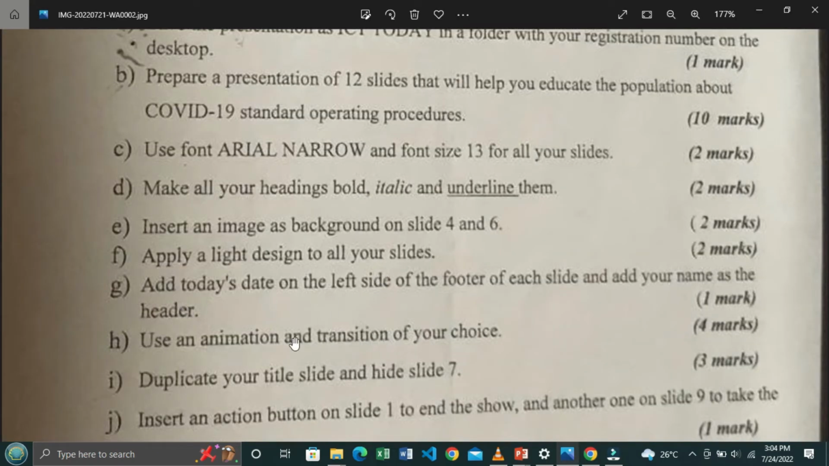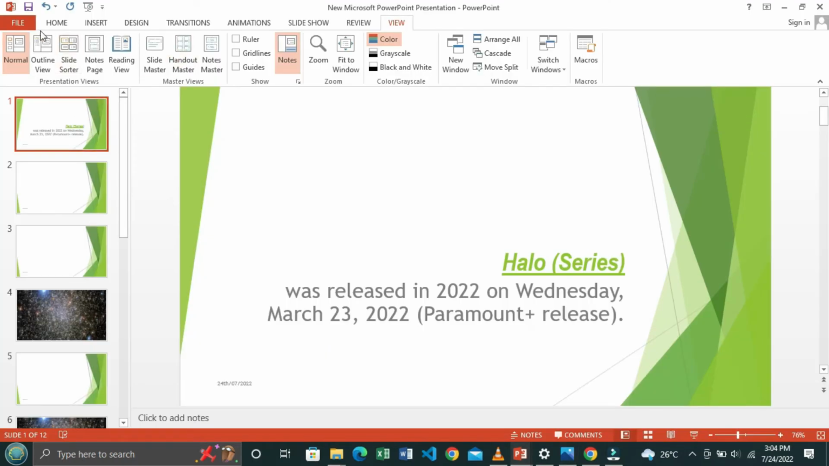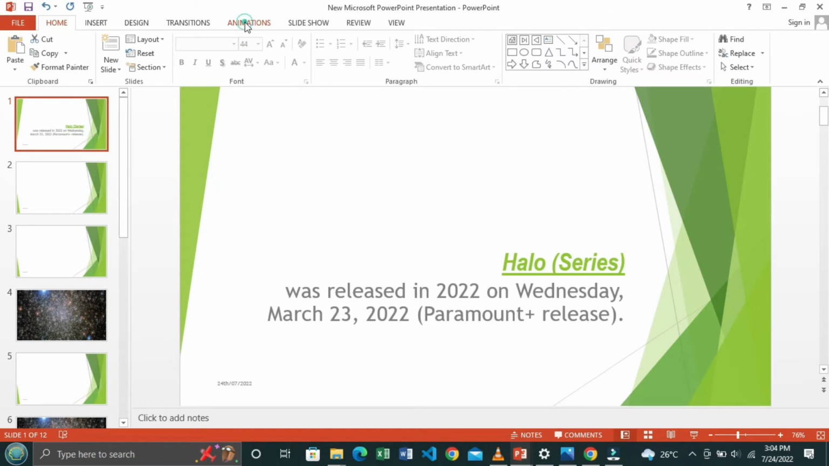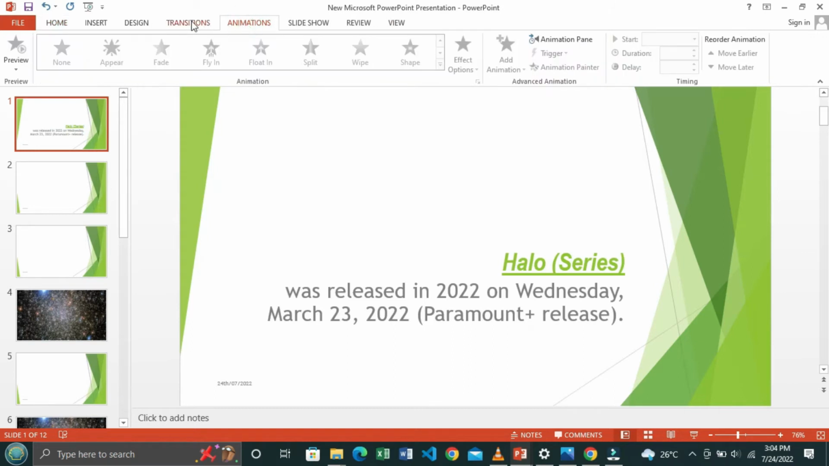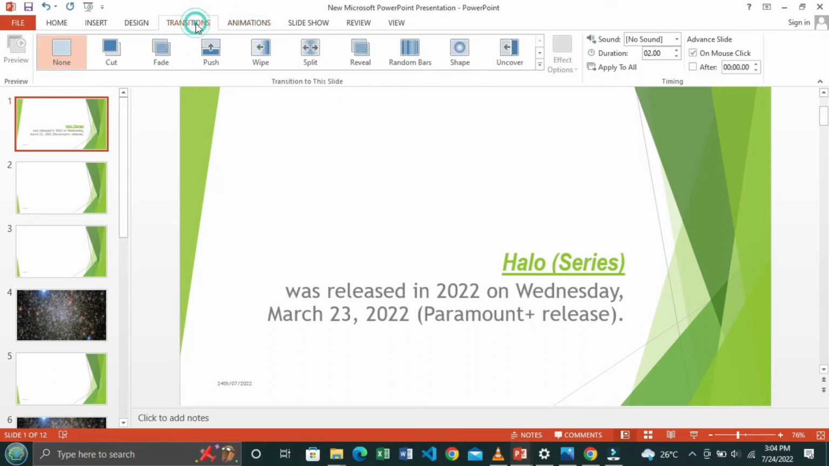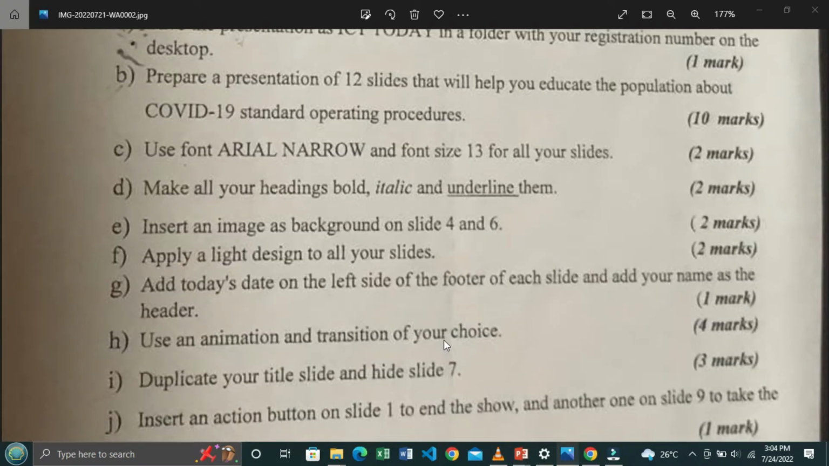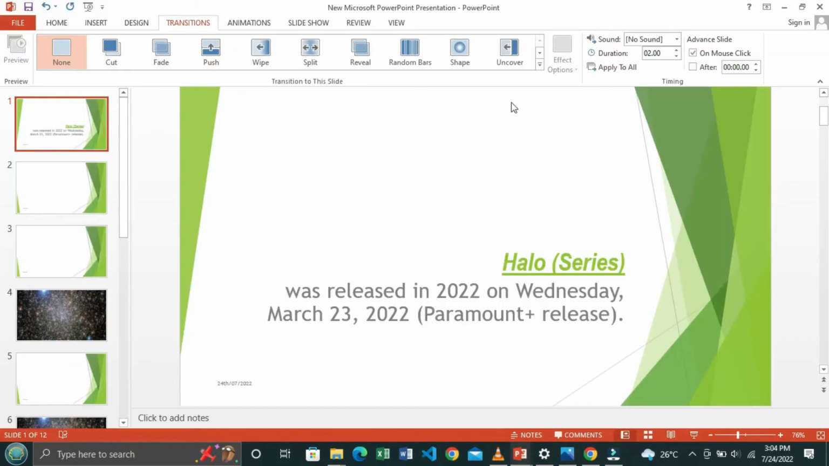Then they're telling us to use an animation and transition of your choice. Now we head back to the front page. Animations, we have to come here. Okay, maybe before we look at animations, let's go to transitions. Transitions, they want us to insert any to apply to all pages. So I want to choose random bars,